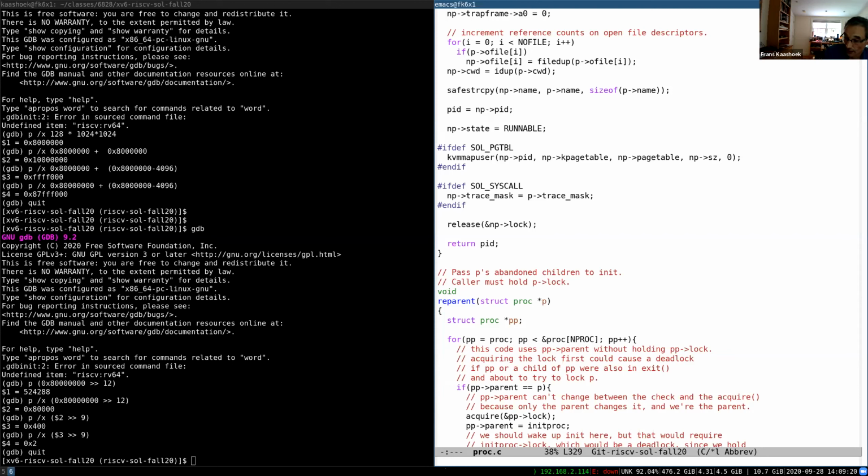I think the resulting experience, though I did not have the bug, is that somewhere in user tests, particularly user tests that do a lot of forking and exiting, you're going to get an error. The thing that goes wrong is that if you copy from the parent process, and the parent process exits before the child process does, then the parent process page table will be completely cleaned up, as we saw before. But then the child still has pointers to the parent process